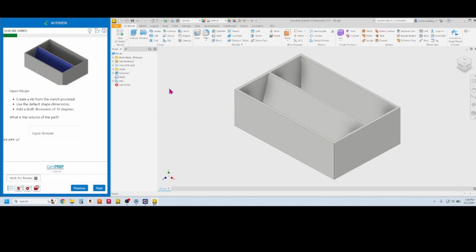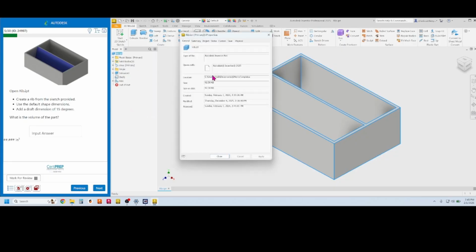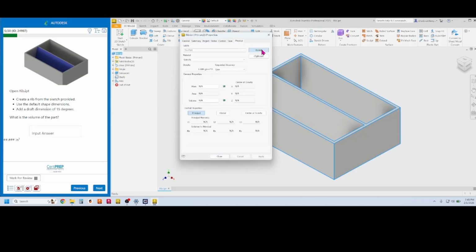I say okay. And what it wants now is the volume of the part. Don't let it trick you. See that blue? A lot of people would, because on the other test, they want the area of that. Here they want the volume of the part. So to get the volume of the whole part, we need iProperties. So we right click at the top, go to iProperties, physical, update, volume,